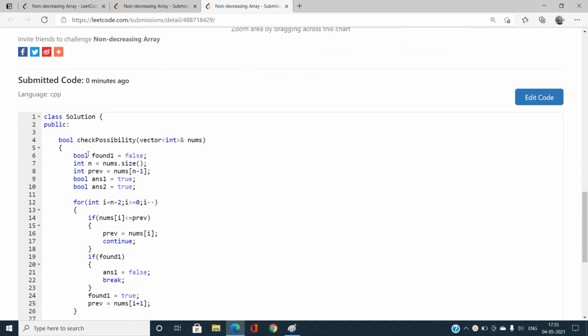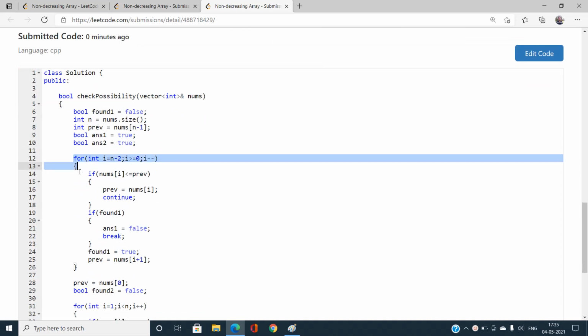First I have traversed from the backward side of the array, and if any element needs to be changed, I have just changed that element, and let us check if further elements need to be changed or not. If further elements don't need to be changed, I will just return true, otherwise return false. Note that I am doing this for both the forward and backward side of the traversal, so start iterating from the forward side and start iterating from the backward side.